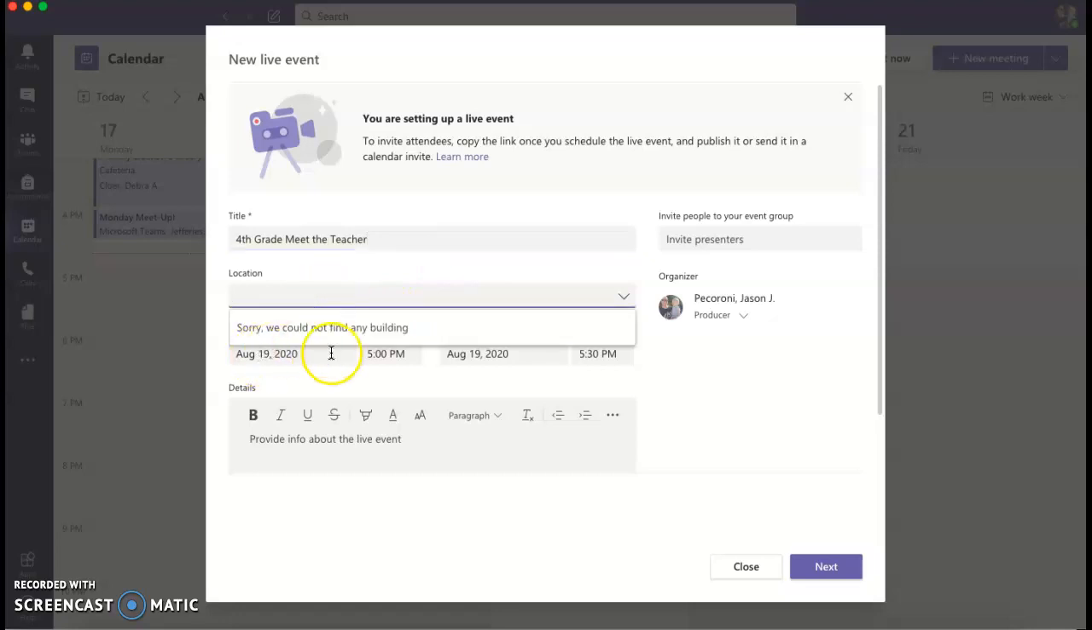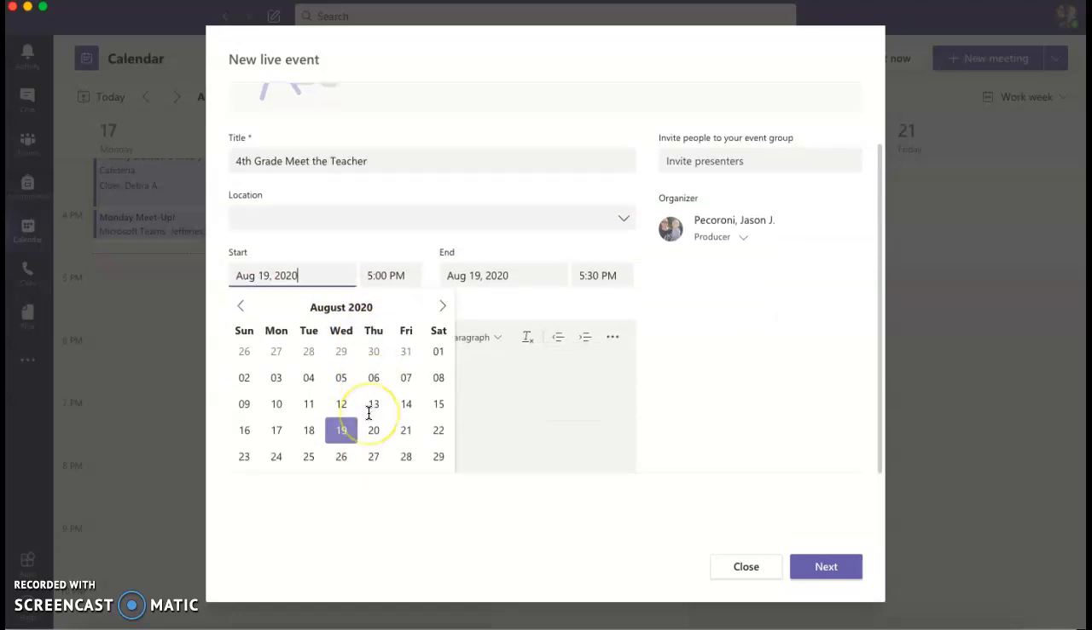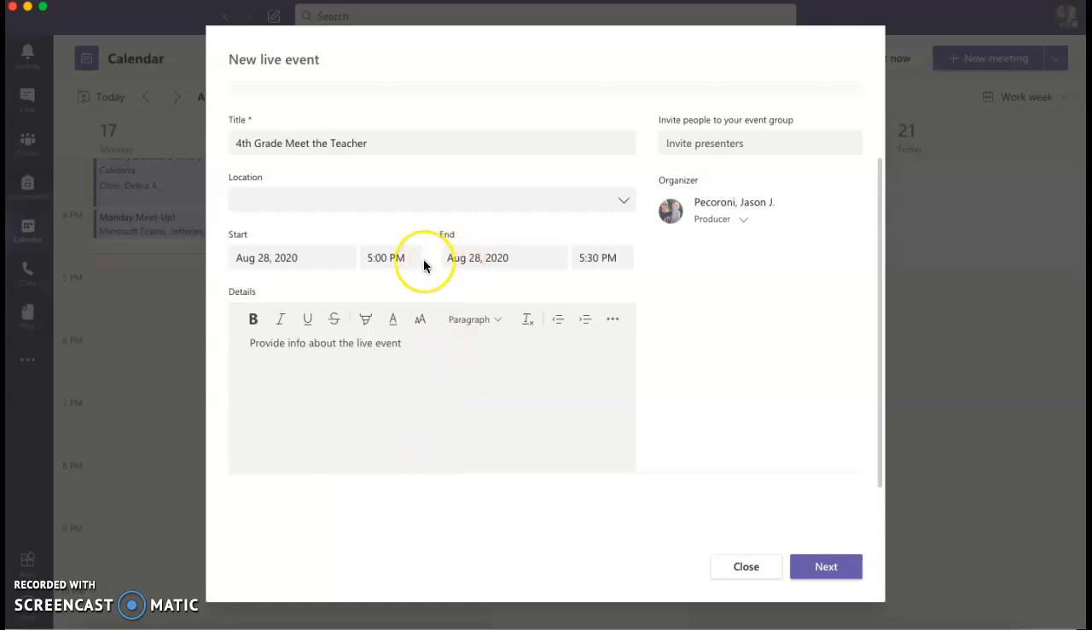Okay, and I'm not going to worry about a location because it's virtual. I'm going to choose the 28th. I'm going to choose 11 to 11:30 because that's the time window for fourth grade. And then I'm not going to type in this information, but I'd provide just basic information about the event. And then I can add my co-teachers if I need to, or add admin if they want to be presenters,